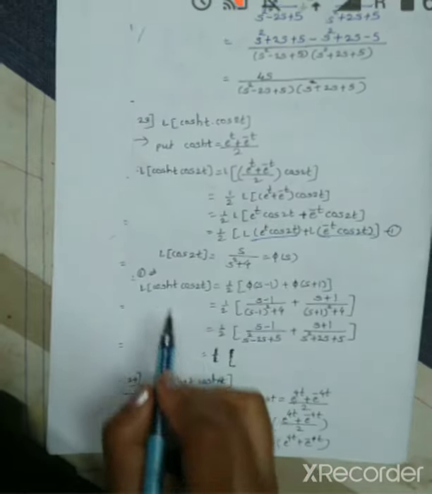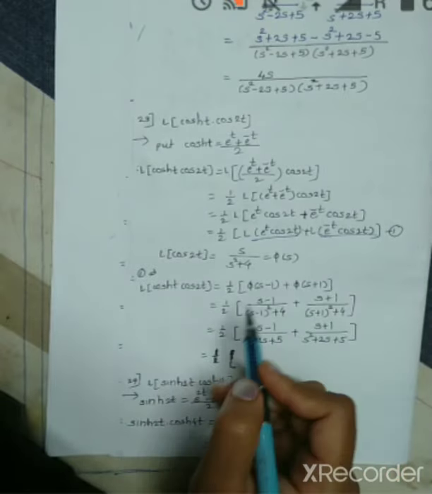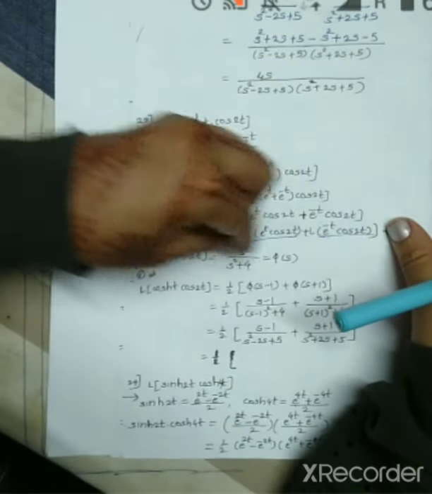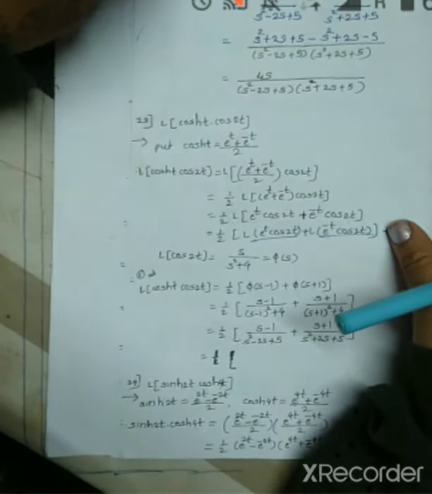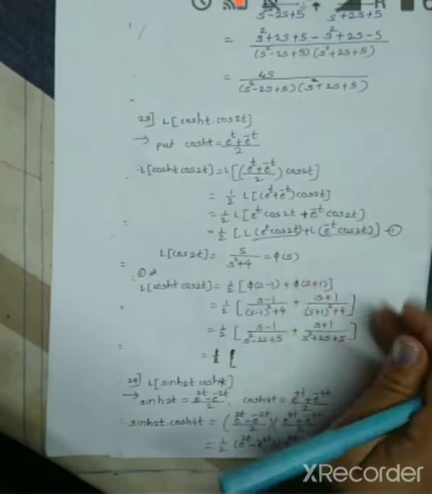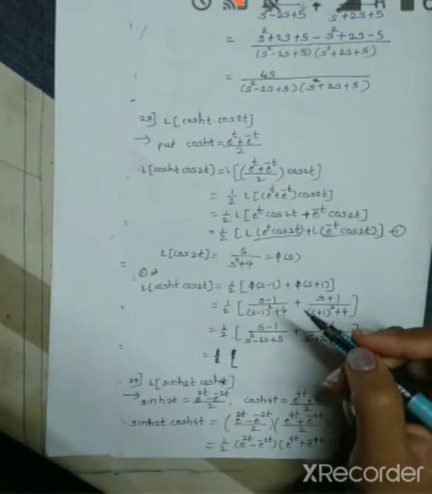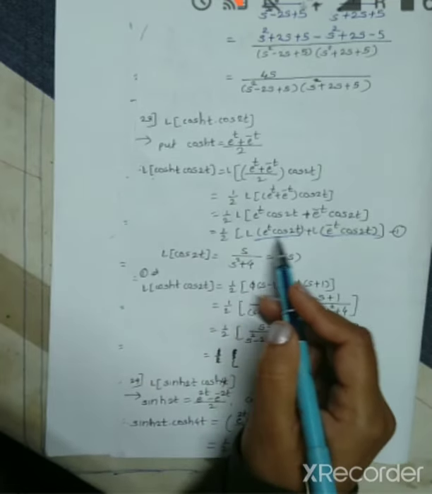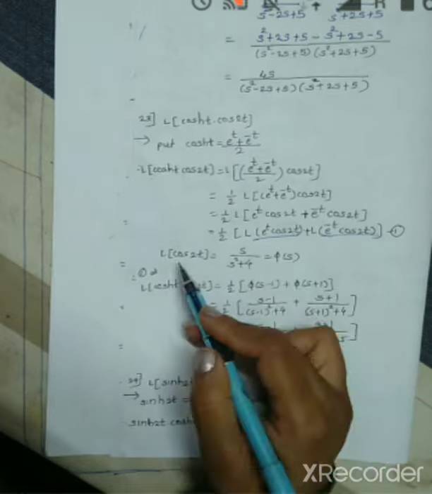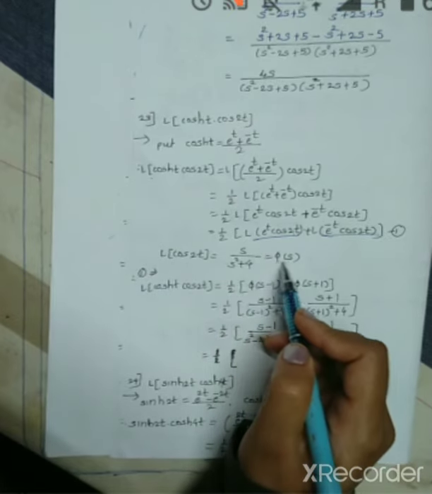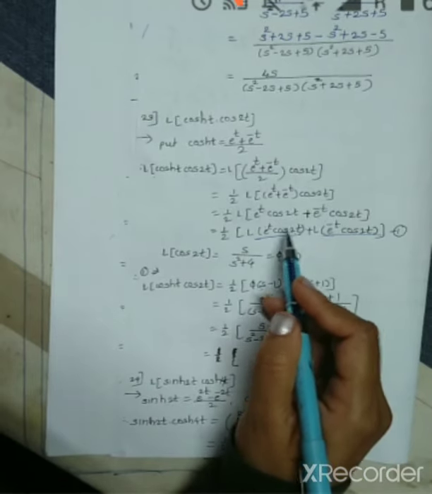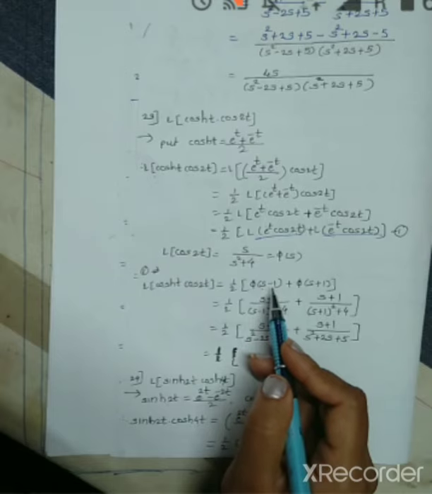Therefore, from 1 here, we can directly write it in the above equation, or you can calculate the separate answers and then put those values in the given equation. In the earlier example we calculated separately. Here you can add it directly. Therefore Laplace of cosh t cos 2t becomes half as it is, Laplace of this is cos 2t Laplace, and the exponential property says phi of s minus the opposite of that number. In this Laplace, just replace s by s minus of this number. This is the exponential property.